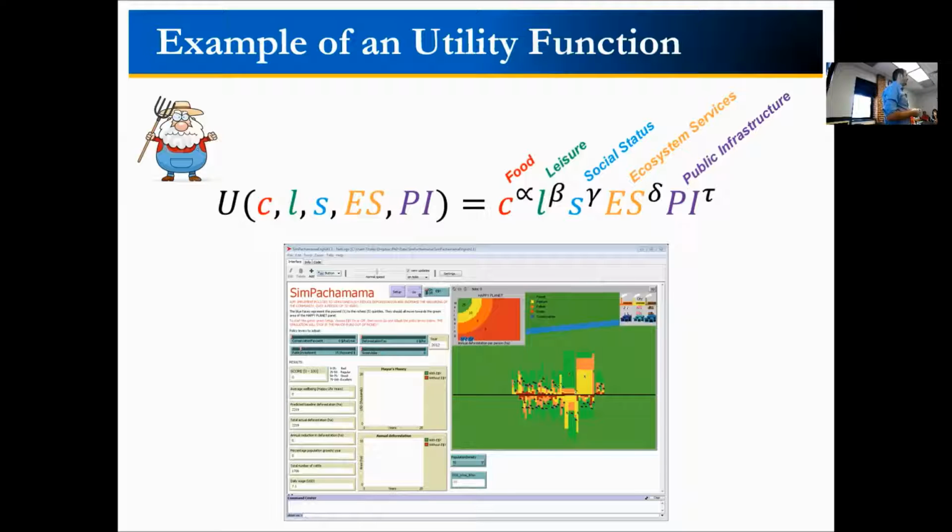Profit's not in here, but maybe it's associated to social status to some extent. They make profit by producing food. But yeah, profit's not here. And there's a lot we can do, we can talk about this, but I don't really want to go into that. They're not really maximizing this function. This is just a function that they have in the model.